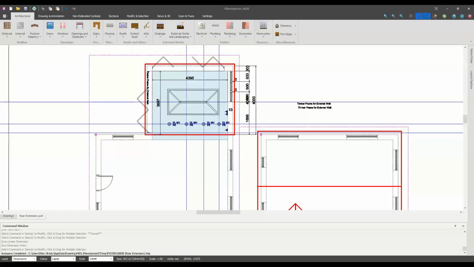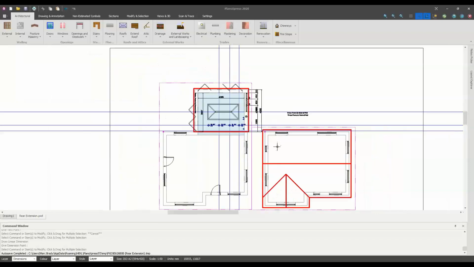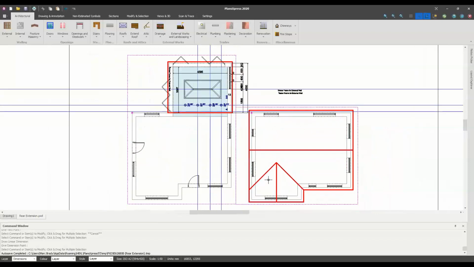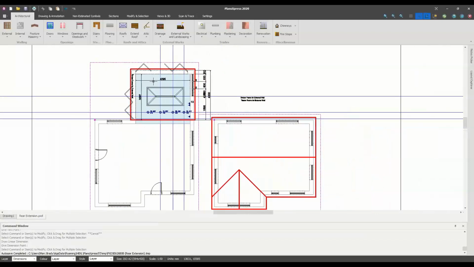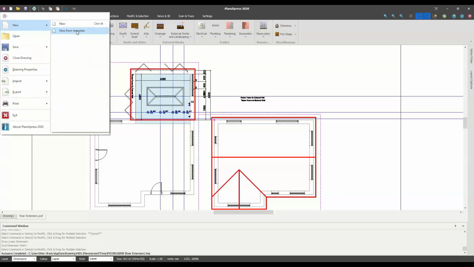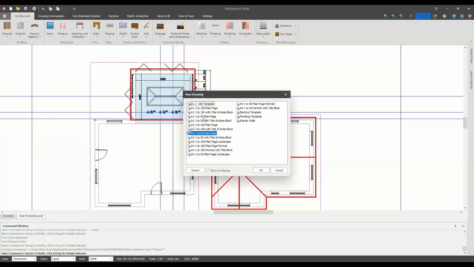Yeah, it's a good question about whether the software can be used with pre-existing architectural plans. What I've done before you guys arrived is I drew the house out myself, and then I set all this house to be non-estimated, and the only bit I'm really focused on is there. But if you do already have a set of plans, what you can do with the software, if you know